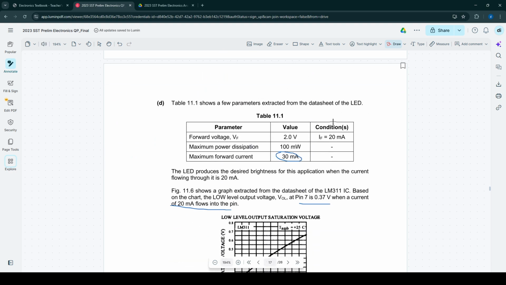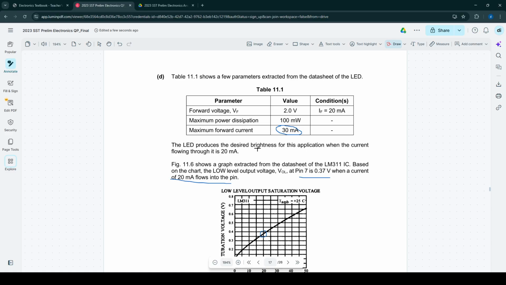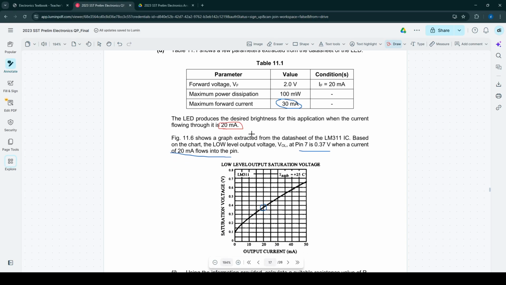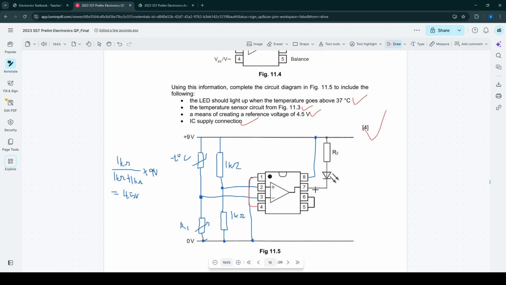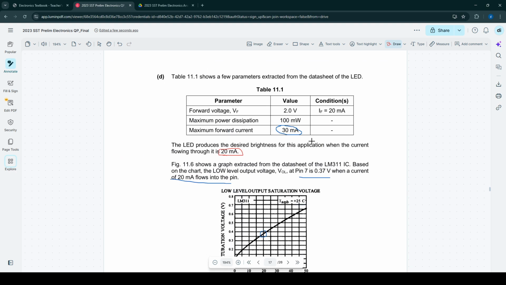Table shows a few parameters for the LED. LED produces the desired brightness when it's 20 milliamps. Okay, so we're looking at 20 milliamps. Graph extracted from the datasheet of the voltage comparator. Based on the chart, the low level output voltage at pin 7 is 0.37. Okay, close to ground but not really. When a current of 20 milliamps. Okay,